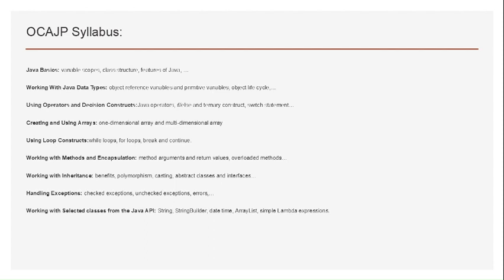So next, as step two, we will go with the actual certification, the OCJP. At that time, I think it started as Sun Certified Java Developer, SCJP, and then we renamed it to the OCJP syllabus. As part of this, they generally check for the basic programming blocks, like how do you write a for loop, how do you write an if condition, how do you write a while loop, those kinds of things.